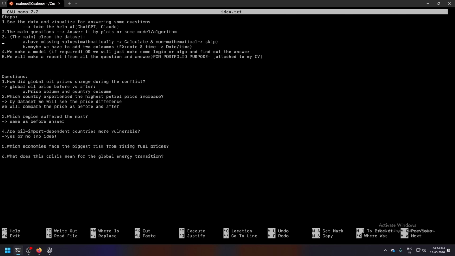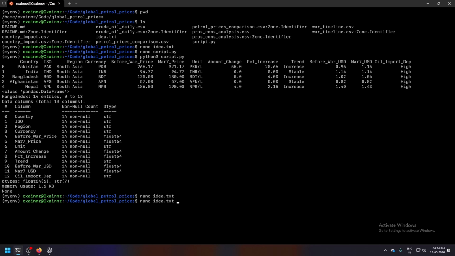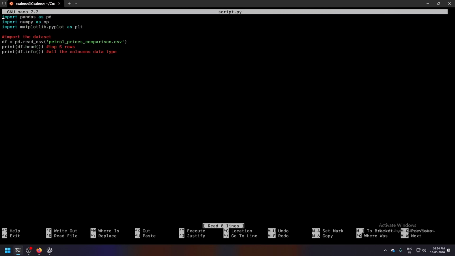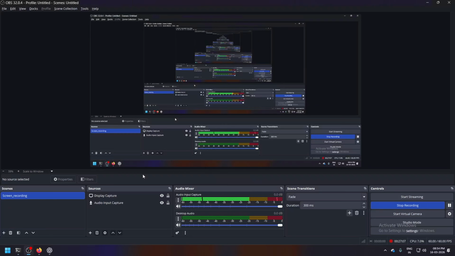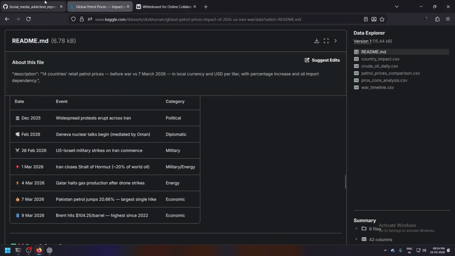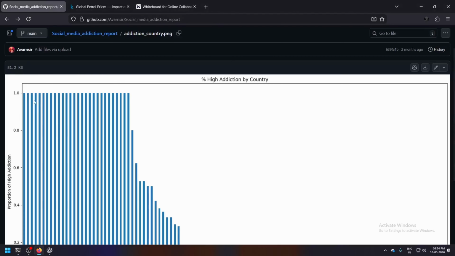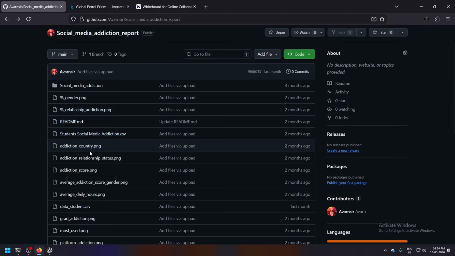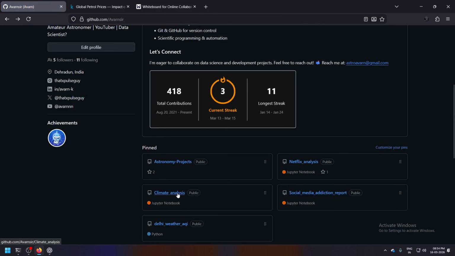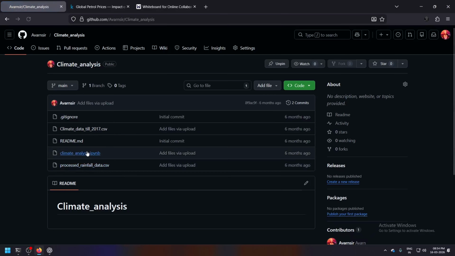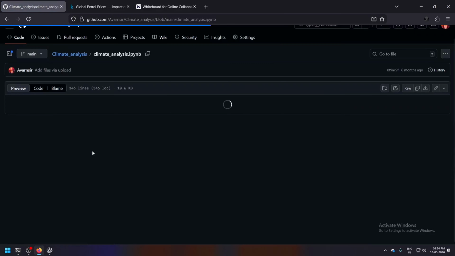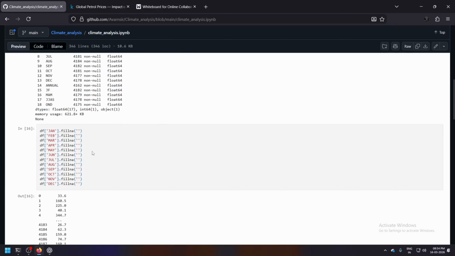Seeing the steps, we have a step to clean the data set if there are missing values. So can I see, is there any null value? How can I see that? If I go to my own file, let's say climate.ms, I wrote a line that can be seen over here.